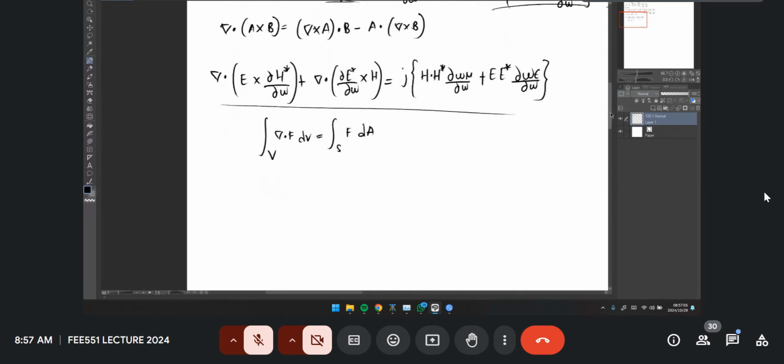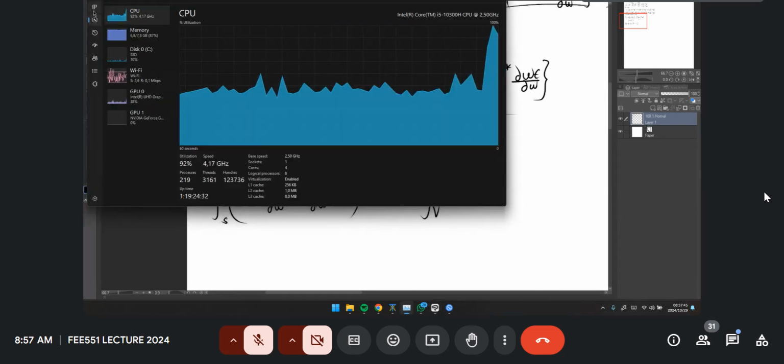Okay, so the equation becomes the surface integral of E plus H